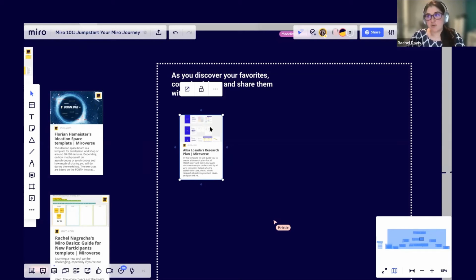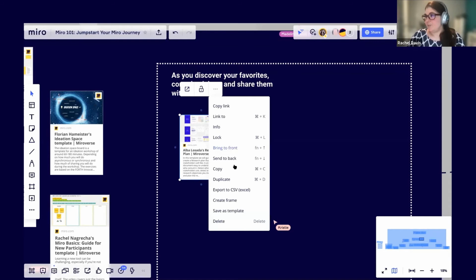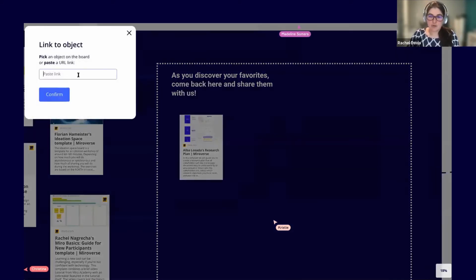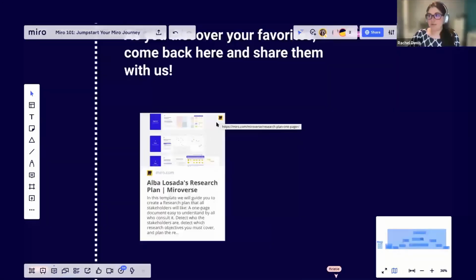What I really like to do with linking things, instead of just keeping it here where you have to click on it to hit source, is I'll hit the little 3 dots here. And then we go to link to, and you've still got your hyperlink on your clipboard. So just paste it in there and hit confirm. And what that'll do is add this little box in the upper right-hand corner.